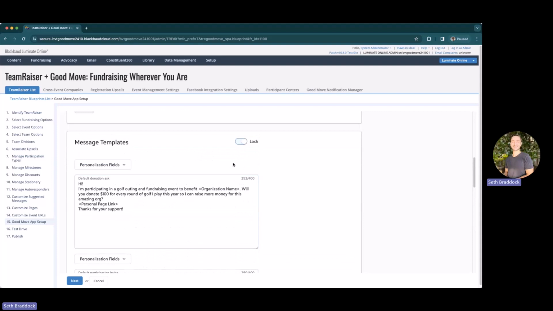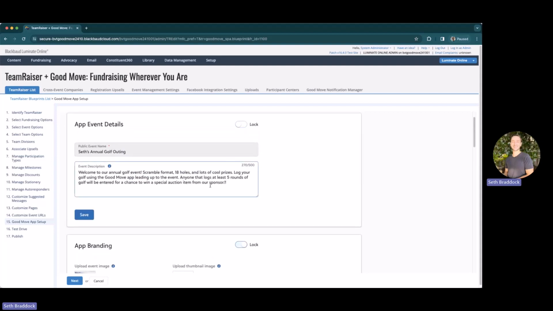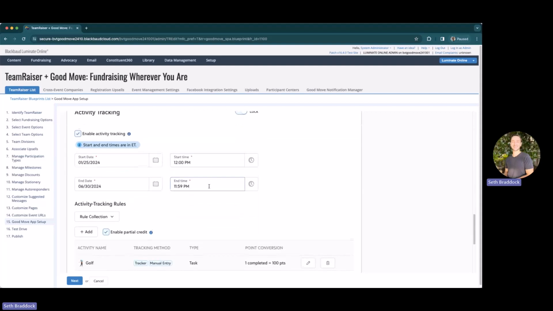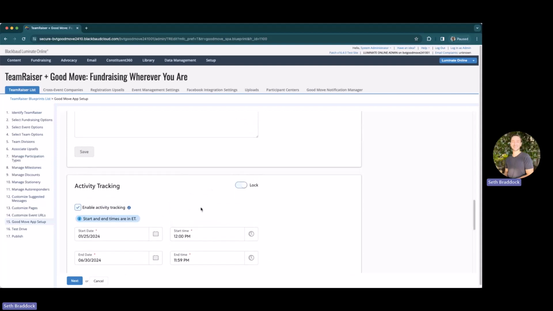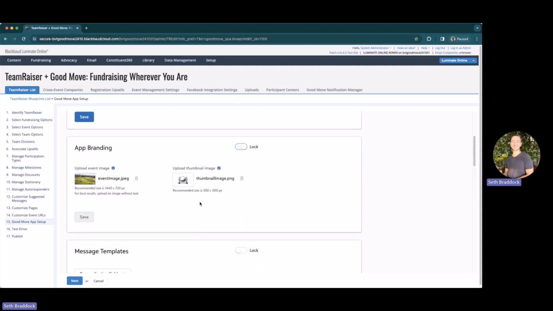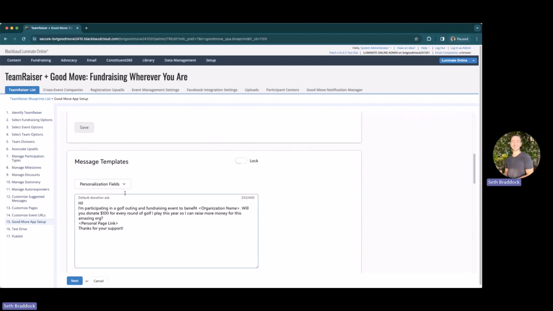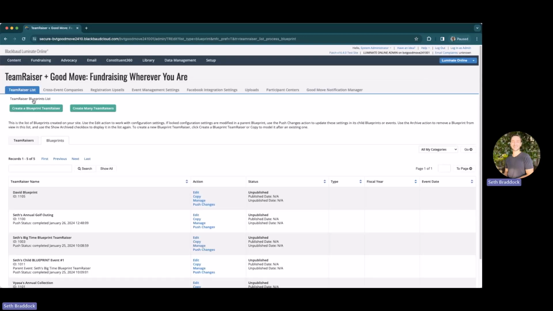But let's say we want to allow managers of the child TeamRaisers to edit message templates and to manage event descriptions. But we're going to keep locked the app branding because that's something that you might want to control, as well as the activity tracking sections. So that will mean that every child event will have the same activity tracking options, as well as app branding, but each child event might have different event descriptions or message templates based on what each child event manager wants to do. So we'll go ahead and save, and when you're ready, you'll be able to push changes to any